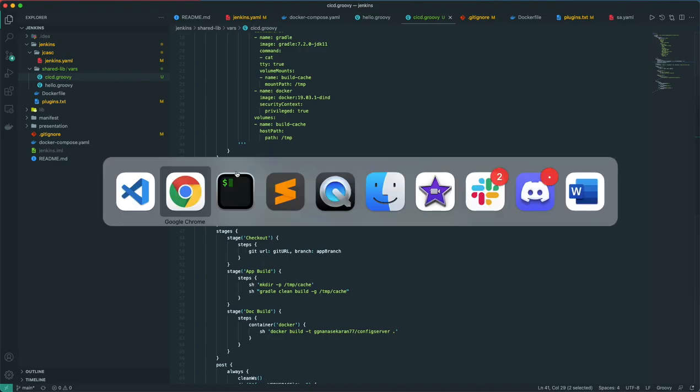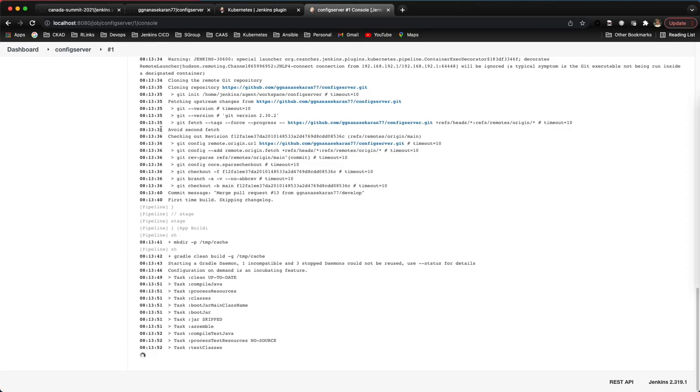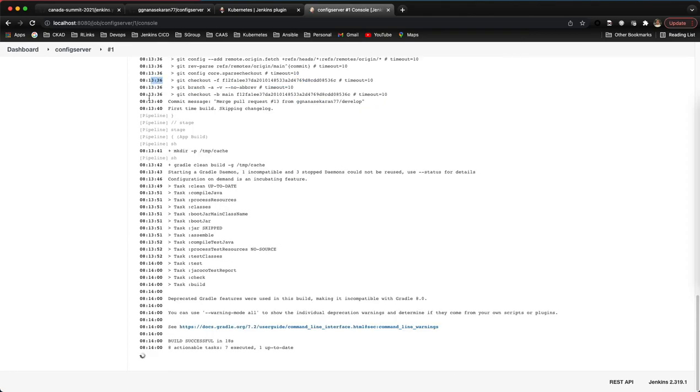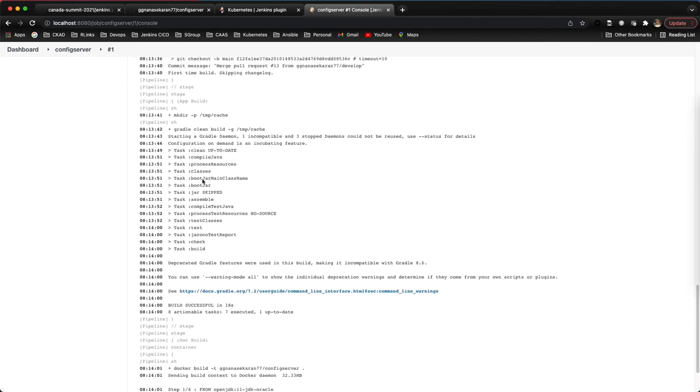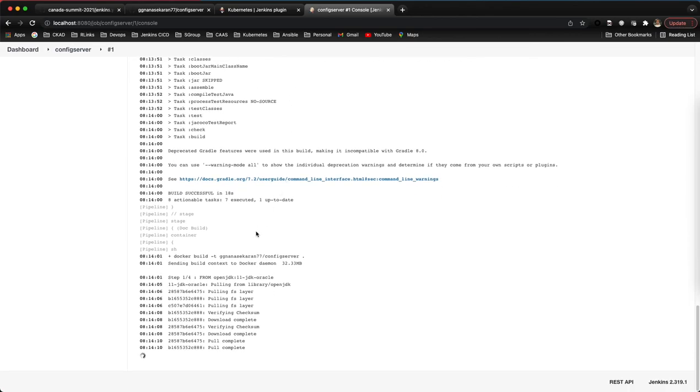With this, let's see our Jenkins job. Okay, you can see the timestamp here, that's why we are using the timestamp option. I already built this application once, so it is very fast since we are using the cache path. But if you are doing a build for the first time, it will take some time, so we have to wait for that. Again, if you see, it is going with the Docker build.